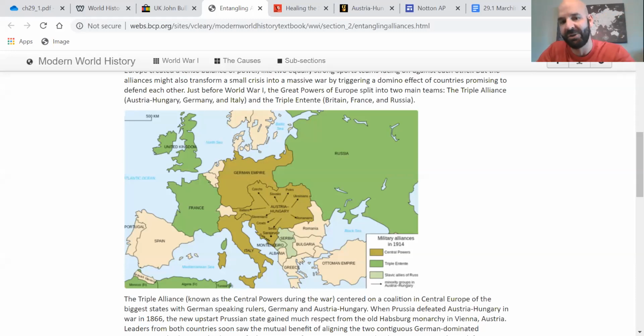So the traditional green color is the Triple Entente. Entente is a French word that just means alliance, friendship. The members of the Triple Entente are England, France, and Russia. And then there is the Triple Alliance, and that is made up of Germany, Austria-Hungary, and Italy. These are defensive agreements. If any of these nations are attacked, their allies will come and defend them. So if something causes the war to start, this alliance system will click in and it will drag other nations to war as well.